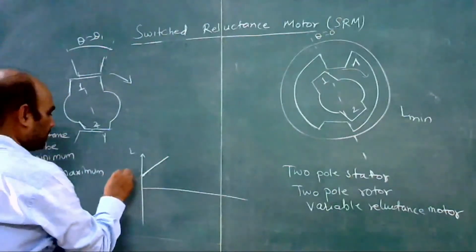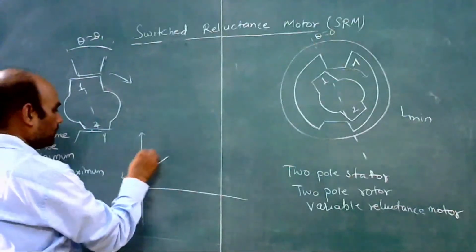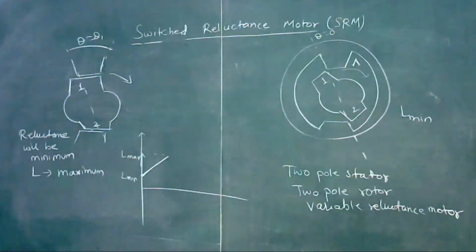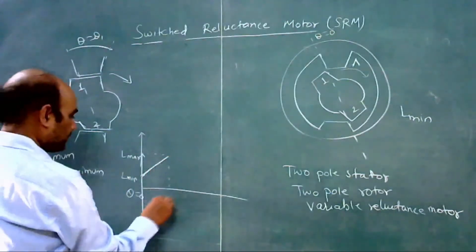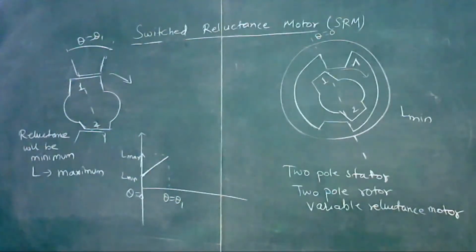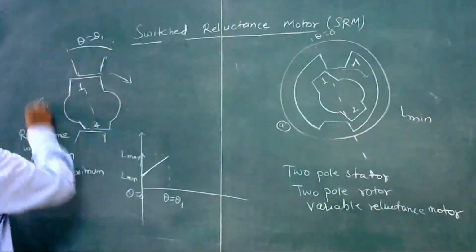This is L minimum, and this will be L maximum. This is theta is equal to 0, and this is theta is equal to theta. Now, so this is A, then